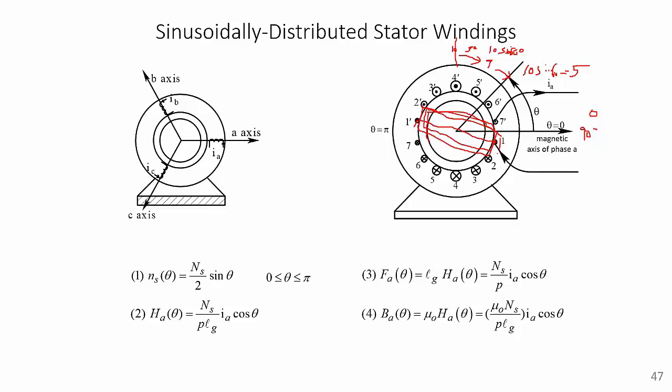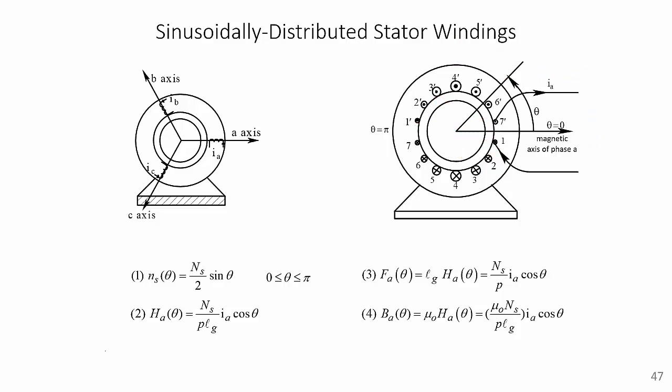And at an angle of another 30 degrees away, this slot is going to have approximately 9 turns that go in and come out. And at an angle of 90 degrees, it's going to have 10 turns that go in and come out. This is not exactly how a practical induction motor would be wound, but it's a good approximation for a theoretical